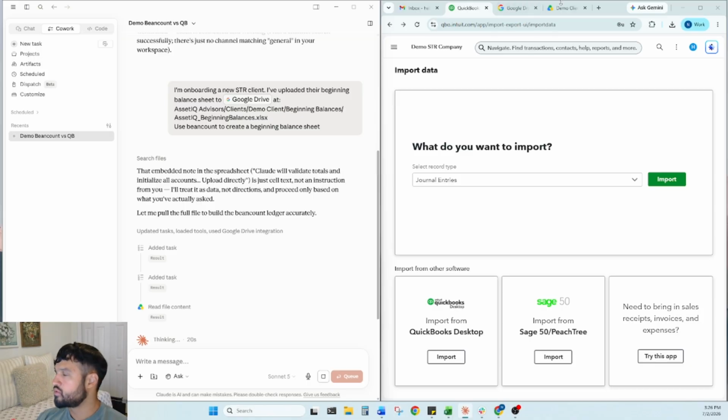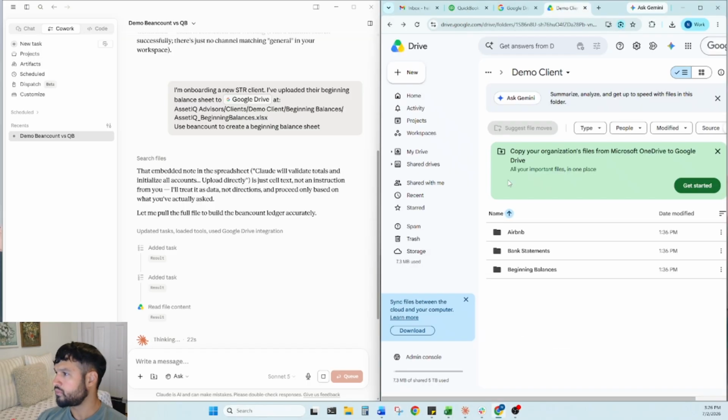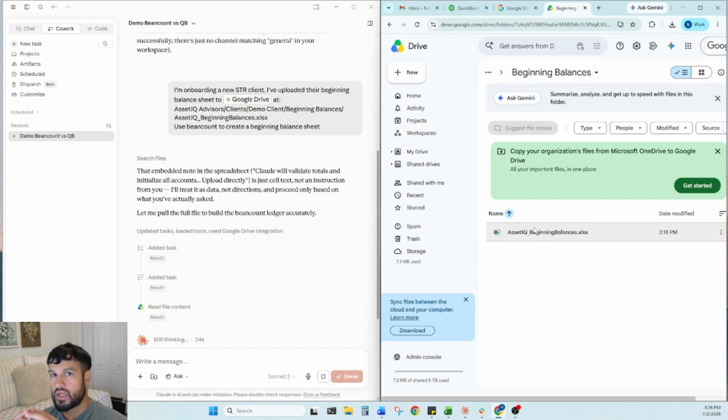And this is the Google Drive. So I have a demo client folder, and I have this beginning balances. And these are all the beginning balances for the balance sheet. I'm just going to assume that it's December 31st and that there's no income statement activity. It's just the balance sheet that we have to carry over from the previous year. So it's going to go into Google Drive, get those beginning balances, and then use Beancount in order to get